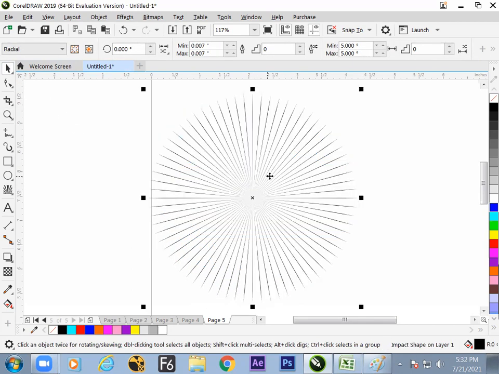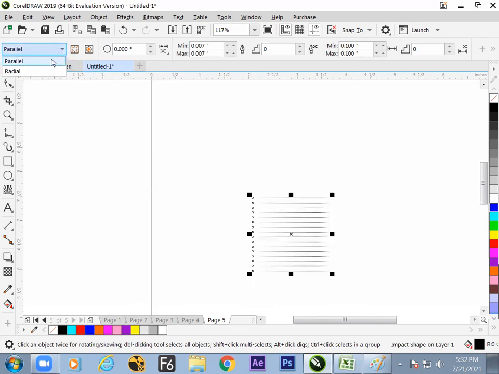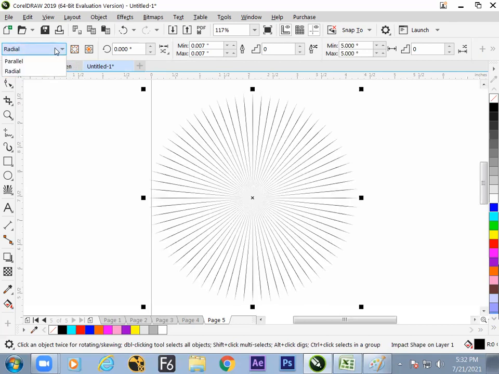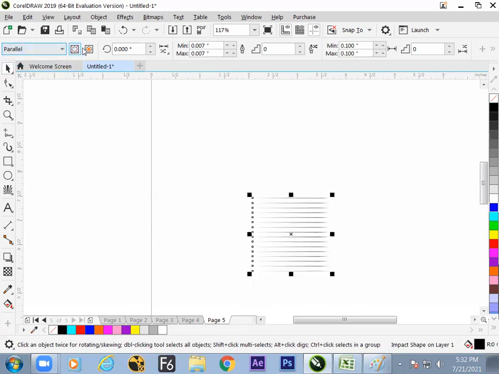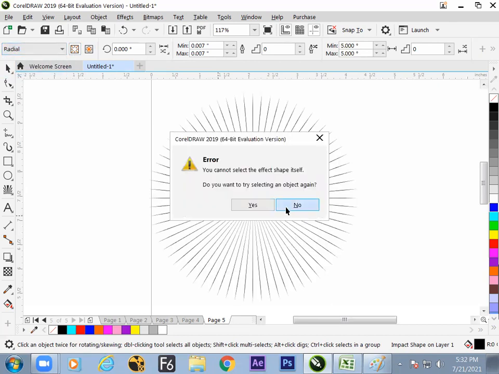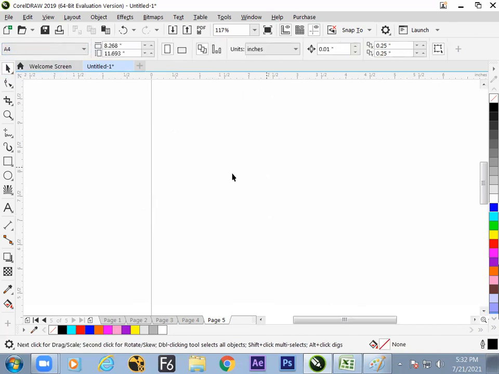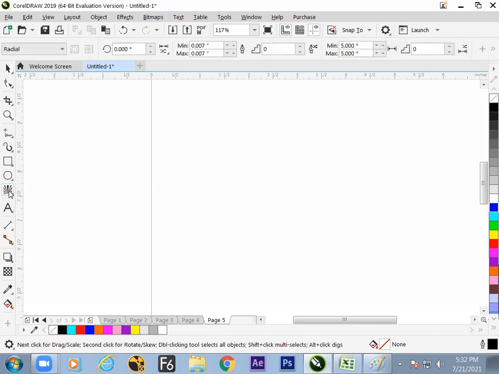You can change the number or something else. You check and get it radial or parallel. Yes, I have not used it much. So have a try, because this came up in this version only. Hope all these tools are done with the basic steps.